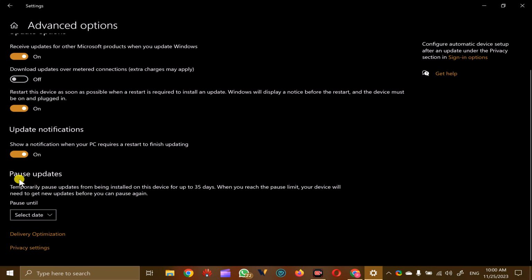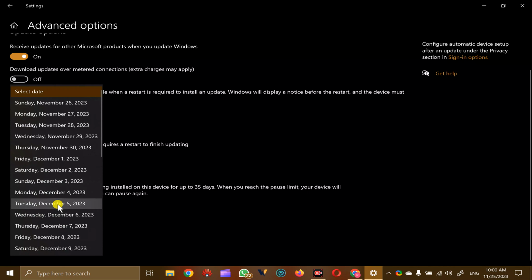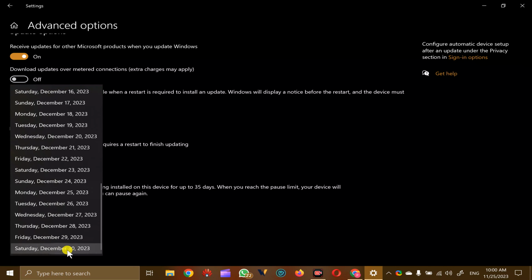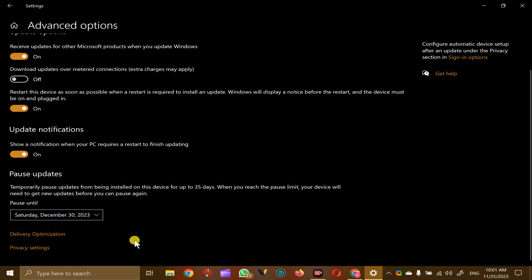Then scroll down and you will find the Pause updates section. Here click on this Pause until drop down menu. Scroll down and select the last option. This will pause your Windows 10 updates for up to 35 days.